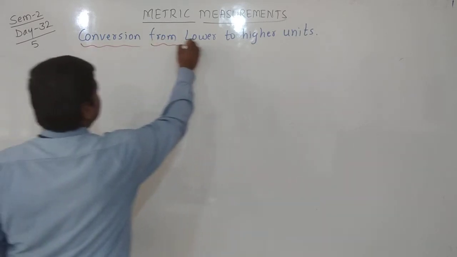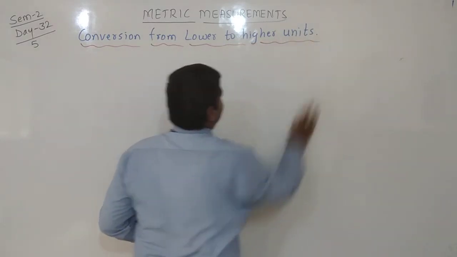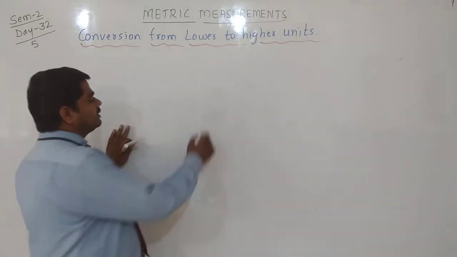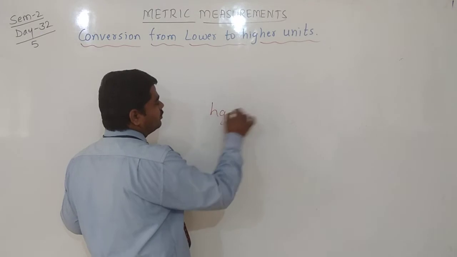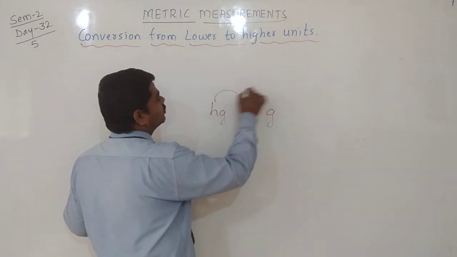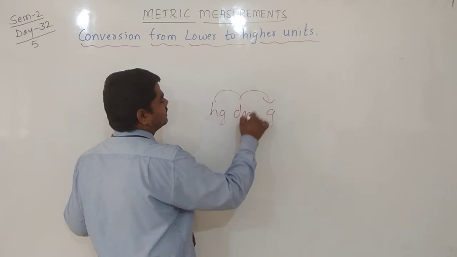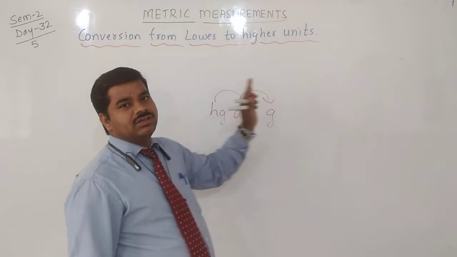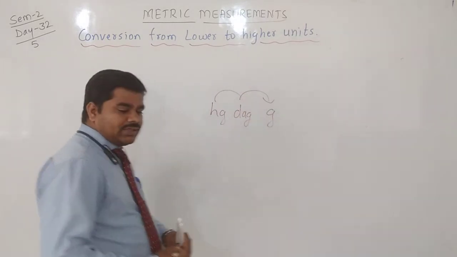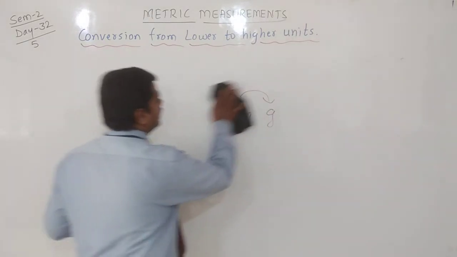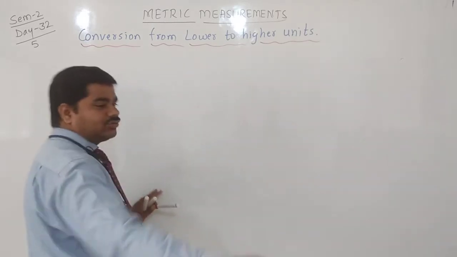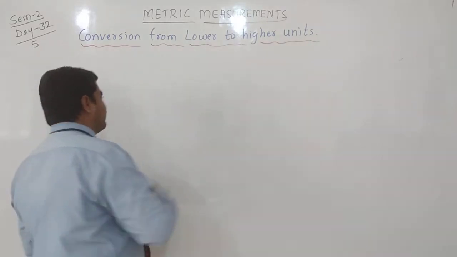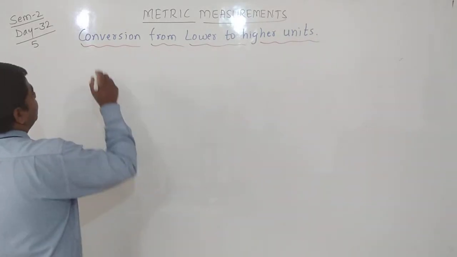What did we do there? We multiplied by 10, 100 or 1000. We counted the places, here from higher Hg to gram, then 1, 2 like this, decigram, decagram, then gram. We counted from left to right side. Here, lower to higher means we should count from right side to left side and divide by a number: divide by 10, 100 and 1000.